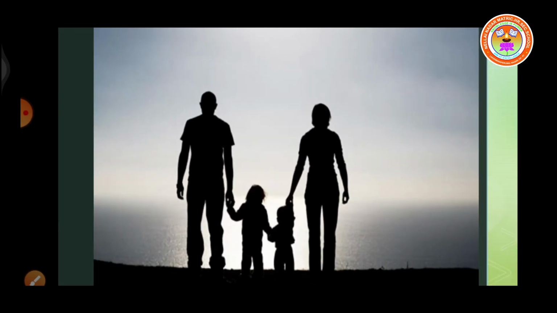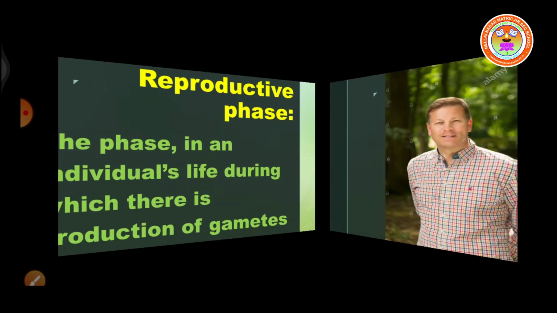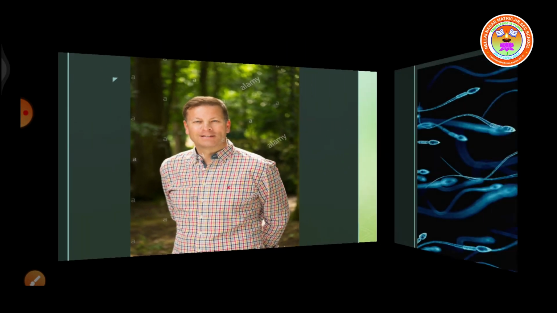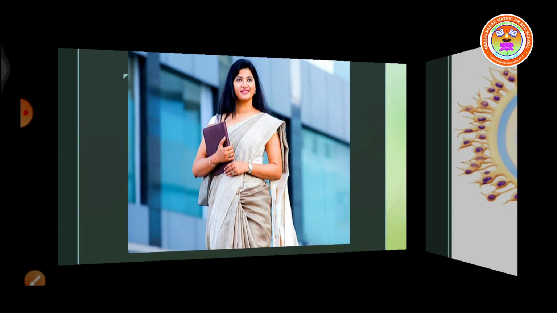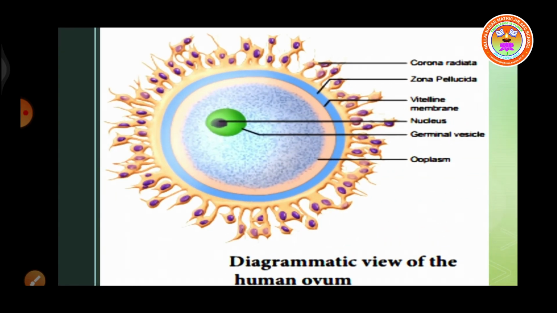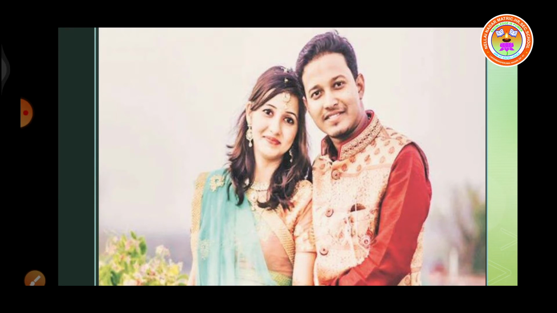Now let us see what the reproductive phase is. The phase in an individual's life during which there is production of gametes is termed the reproductive phase. The male gametes, sperms, and the female gamete, egg or ovum, are collectively known as gametes. In an individual's life, the period or stage at which the individual is capable of producing gametes is termed the